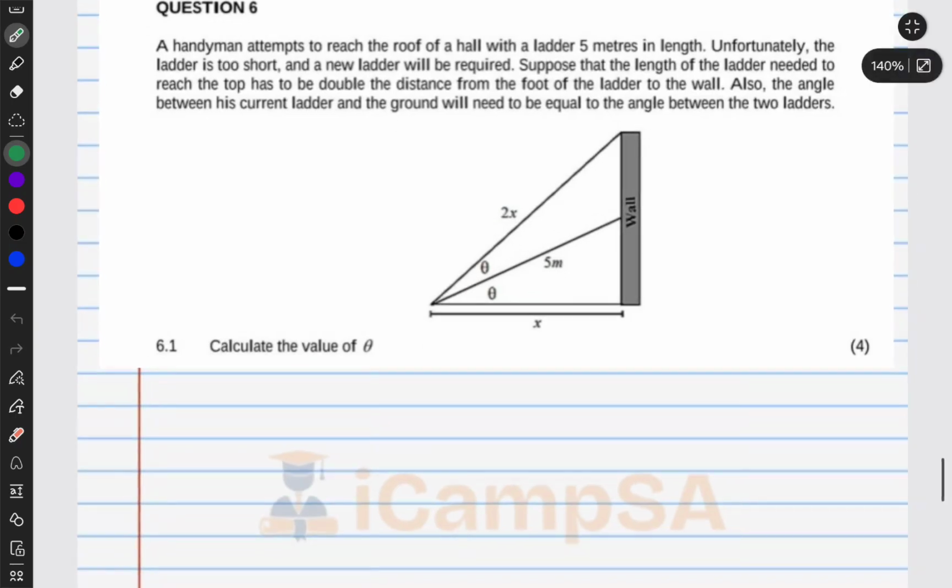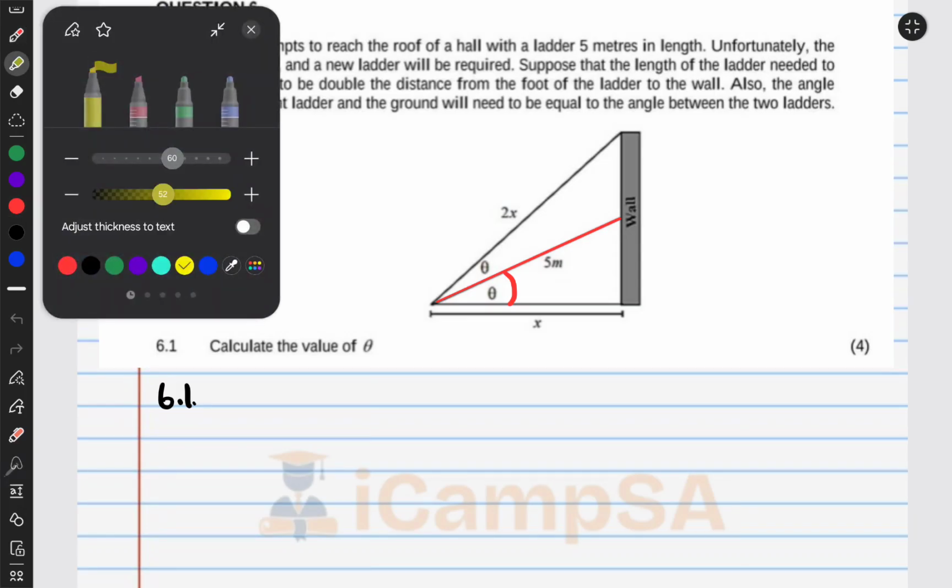That is 6.1. We are asked to calculate the value of theta. Here, let's come here. We have theta, which is our unknown, and then we have this distance, which is the ladder, 5 meters. Okay, and then what else? We have the other